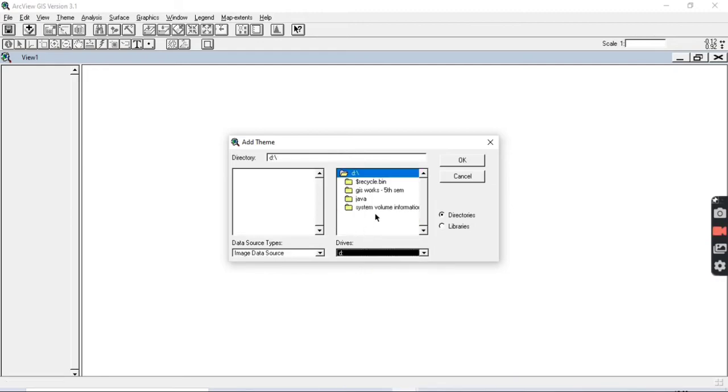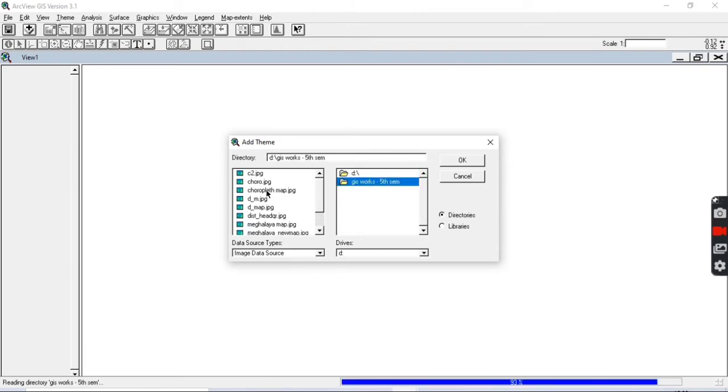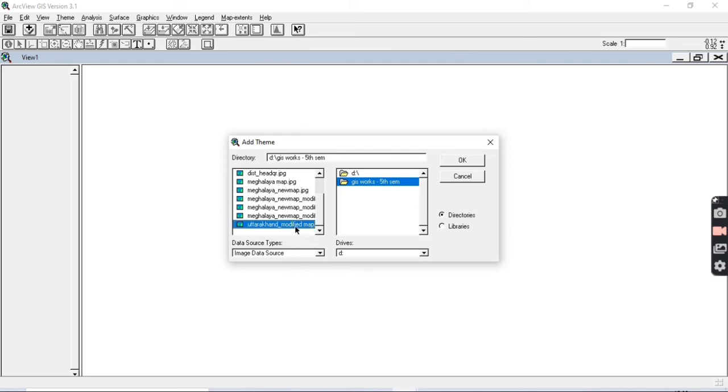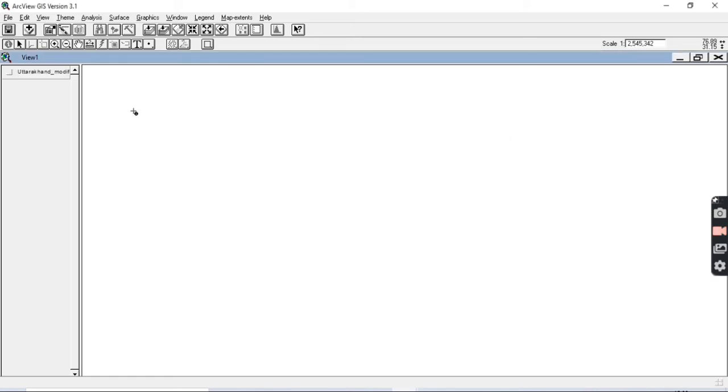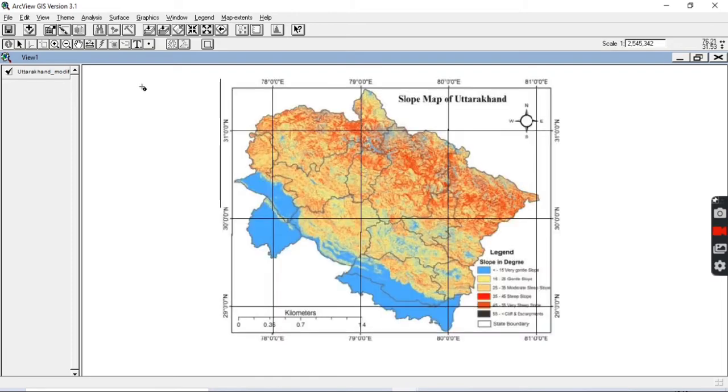Now locate your file. In the view one, you will have to activate your map, and yes, this is my georeferenced map.